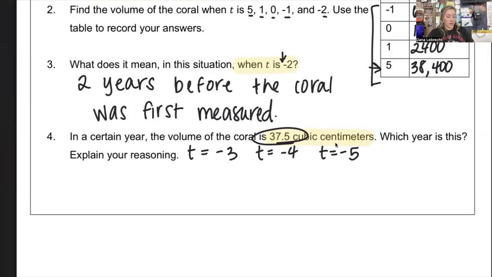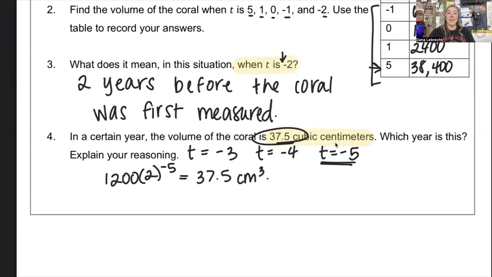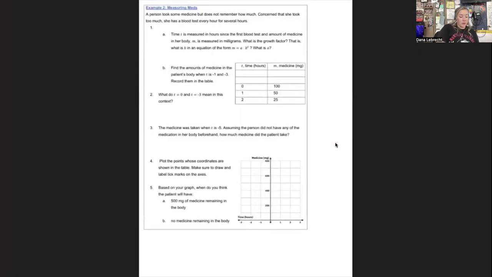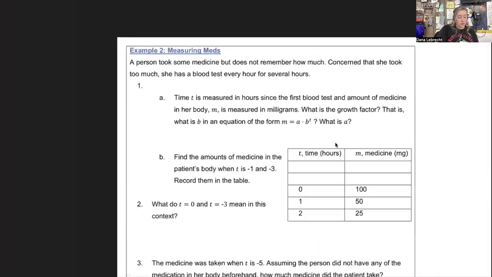So that's going to be when t equals -5. If we have 1200 times 2 to the -5, that would give us the 37.5 centimeters cubed. Okay, and again, because that's the negative time, it's 5 years before it was initially measured. Okay, if we go to our next page,